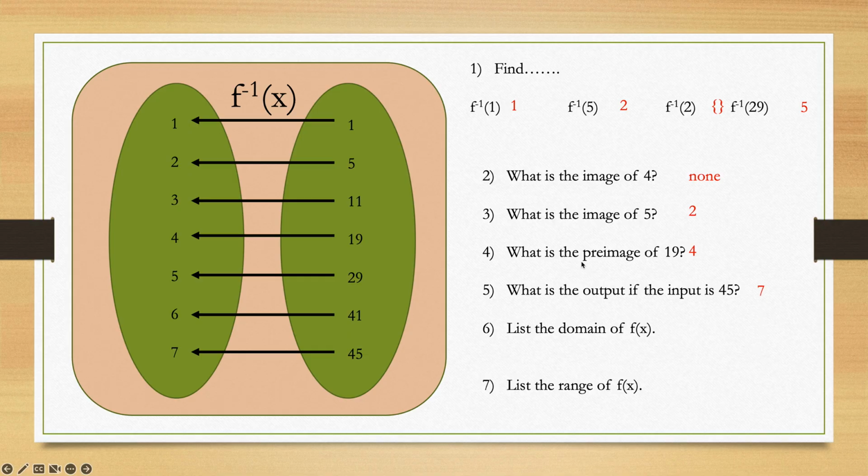What's the output if the input's 45? That output is 7. List the domain elements. The domain is 1, 3, 5, 6, and look at that. I was getting too mechanical here. Because it's an inverse function, we switch them. So the domain is 1, 5, 11, 19, 29, 41, 45. Don't know where this came from either, except it must not have copied over from the other one. 1, 5, 11, 19, 29, 41, 45, and list the range. The range would be,